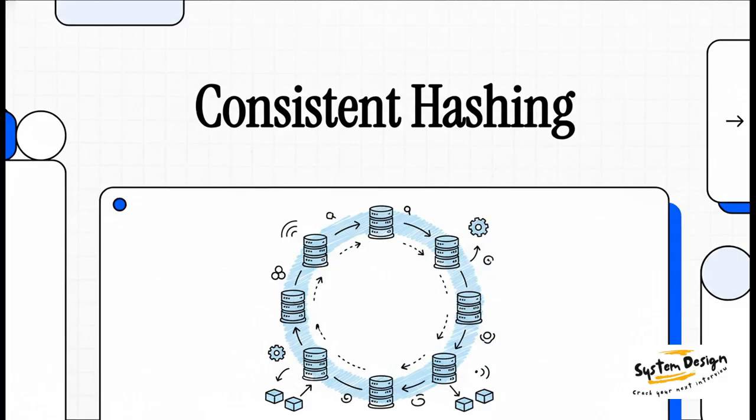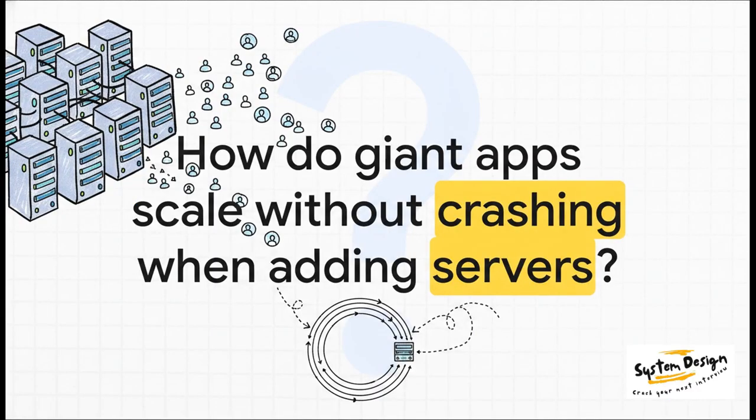So let's dive in. I mean, really think about it for a second. You've got these massive services with millions, sometimes billions of users. They're adding new servers all the time to keep up. So how do they pull that off so smoothly without everything just crashing? Well, the secret is in how they solve a really tricky data distribution problem, and that's exactly what we're going